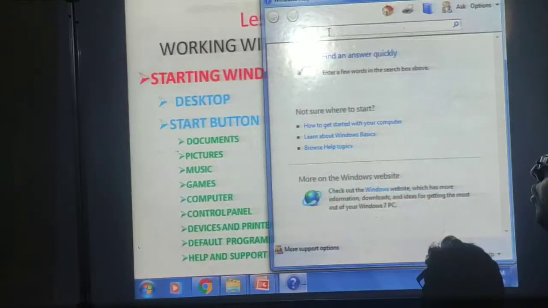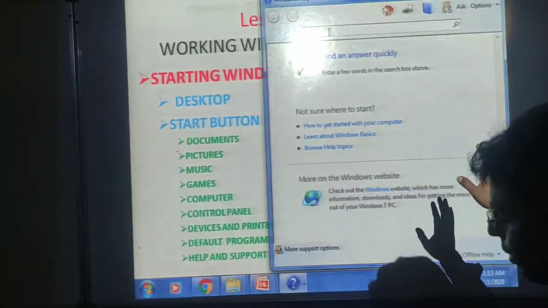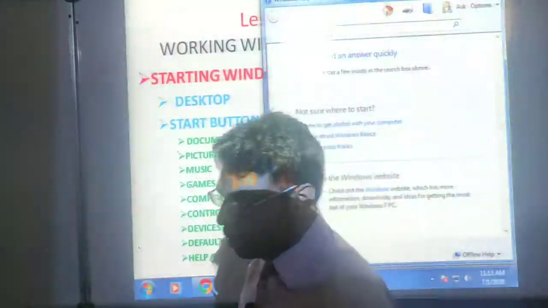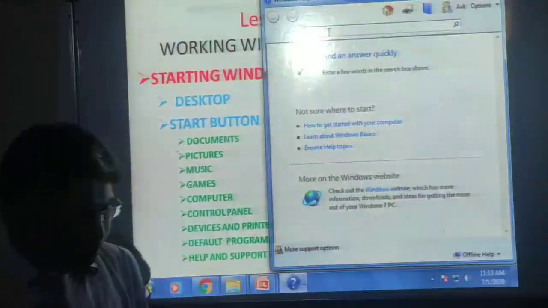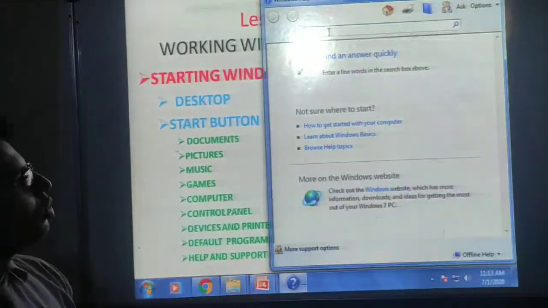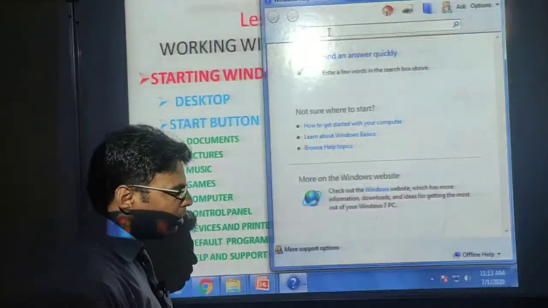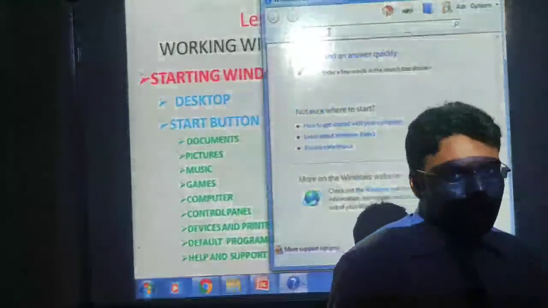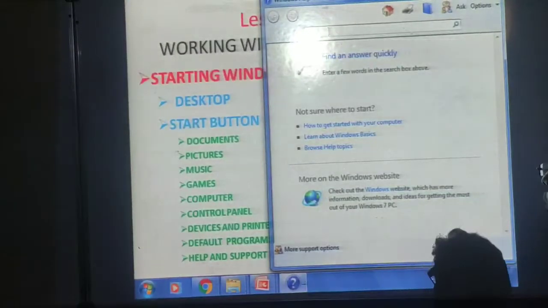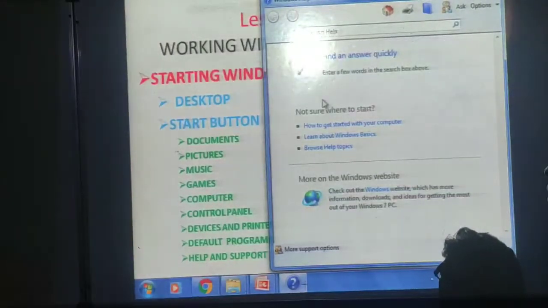This is given by Microsoft. It is not necessarily the case that you have to connect to the internet for it to work. It will work with whatever data is given with the operating system, and it will give the solution for that. And suppose you want to get detail or support in detail, then after that an internet connection is required, and then you will get the support from that.